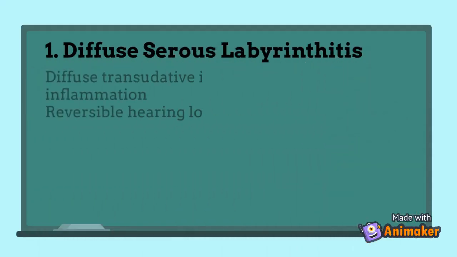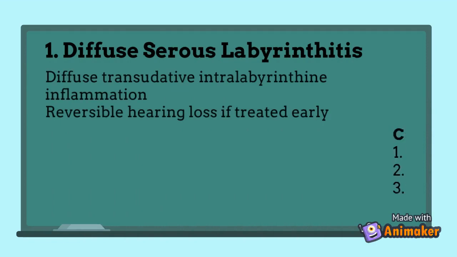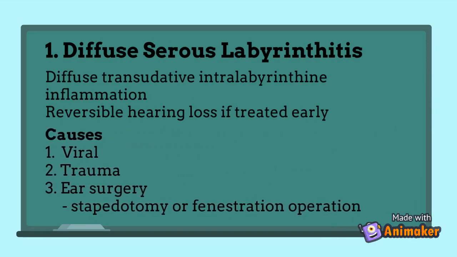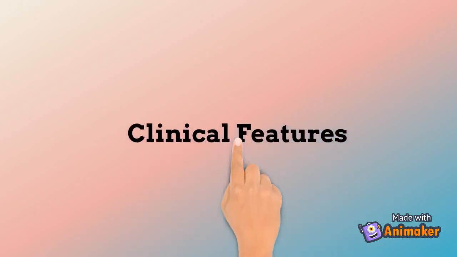Diffuse serous labyrinthitis. It is a diffuse transudative intralabyrinthine inflammation that causes reversible hearing loss if treated early. Causes are viral, trauma, and ear surgery such as stapedotomy. The clinical features are